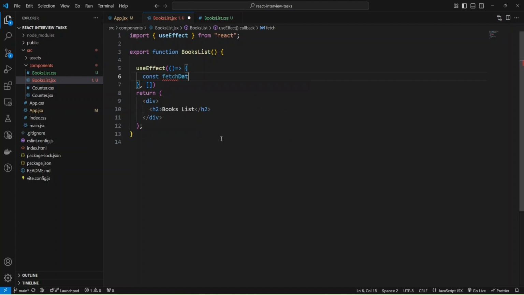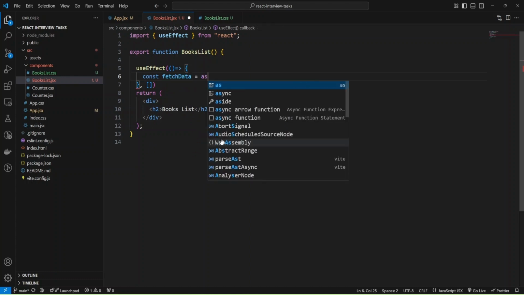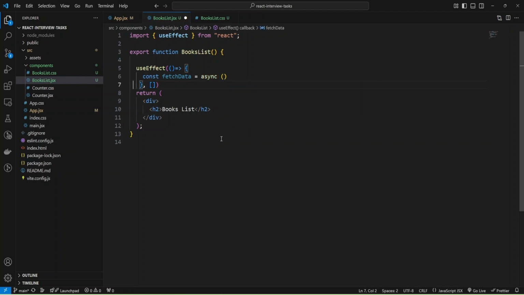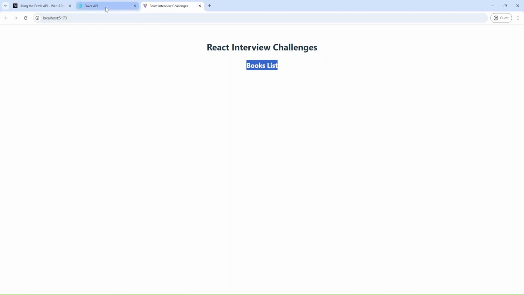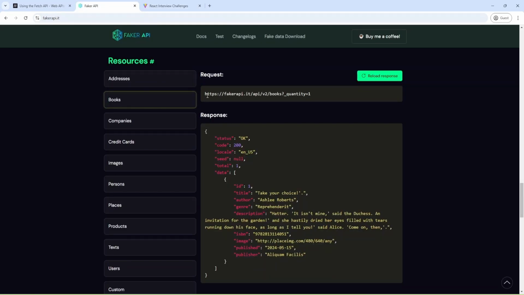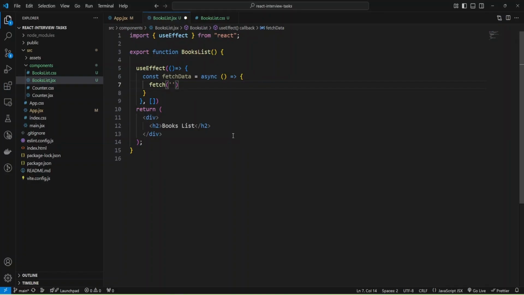and I'm going to add new function for fetching data, fetchData, and I need to use async because I'll use await inside code, and I'll use fetch, and I need to provide input, and will be URL, and let's check our endpoint, and as endpoint I'll provide books from Faker API, and it will provide me some fake data, and I can use it during implementation or probably during interview.